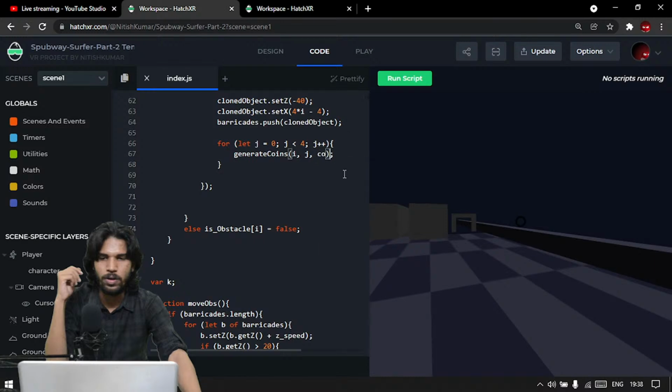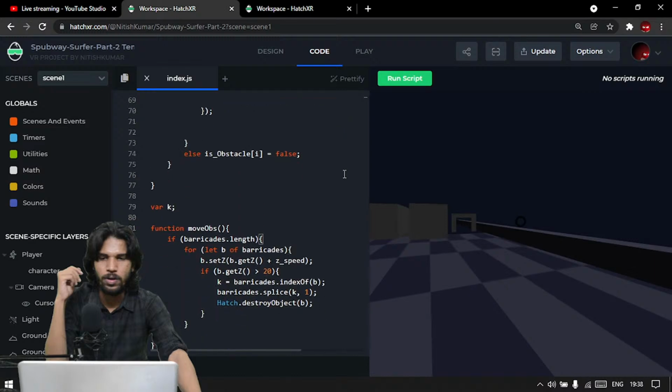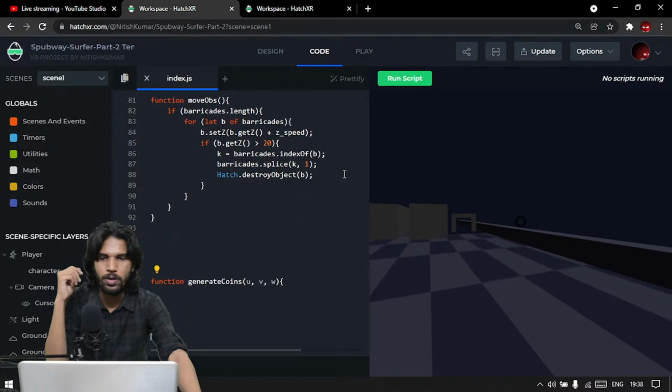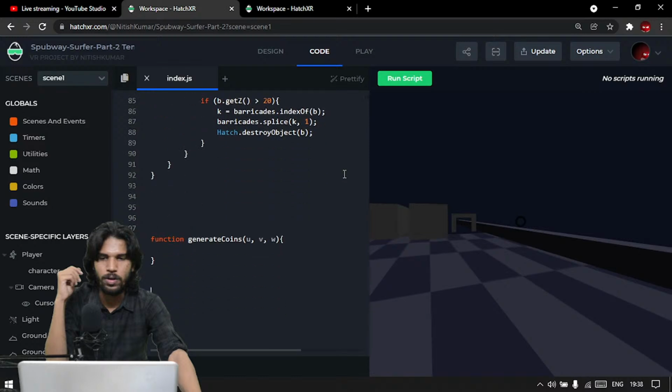These values I, J and CO are going to be saved in U, V and W of this function here, the generate coin function. So now that I have the generate coin function, what do we need to do here? We can simply,